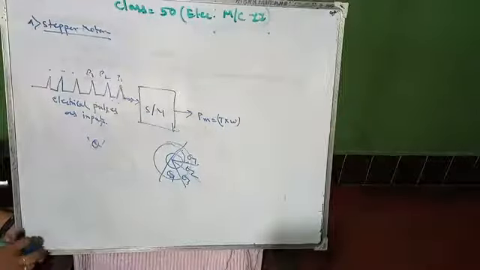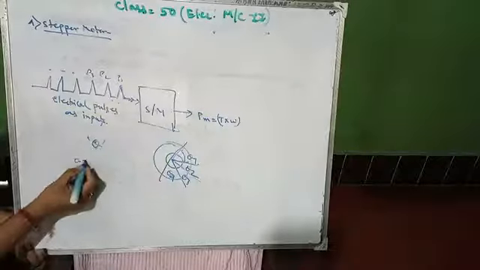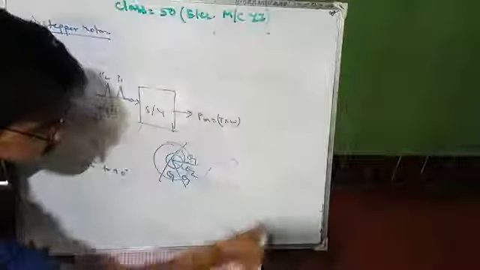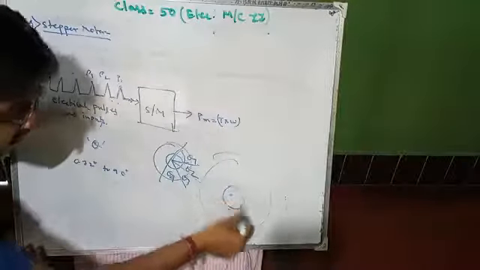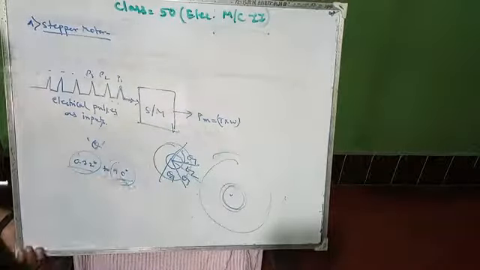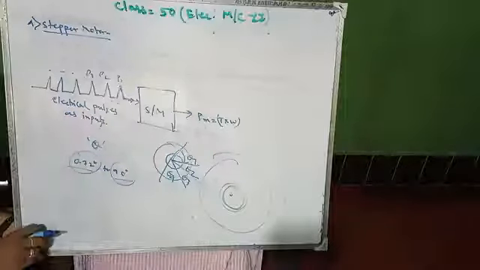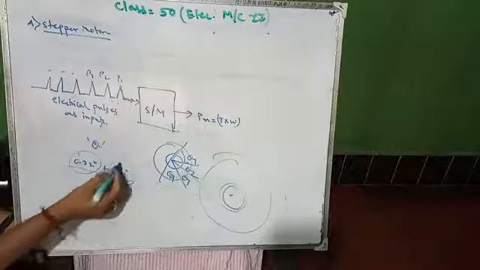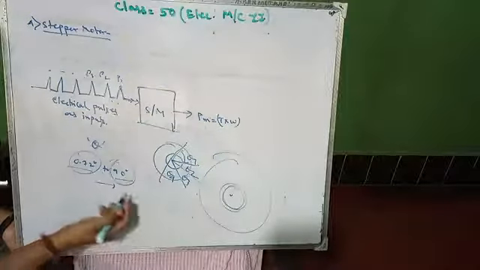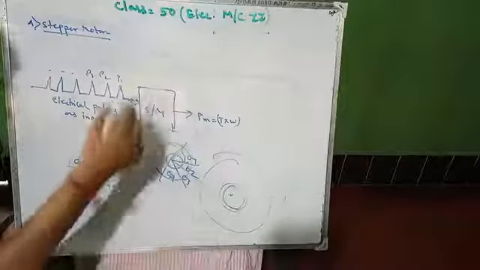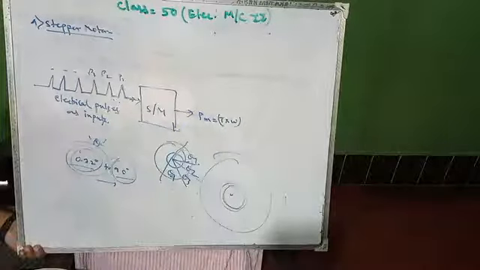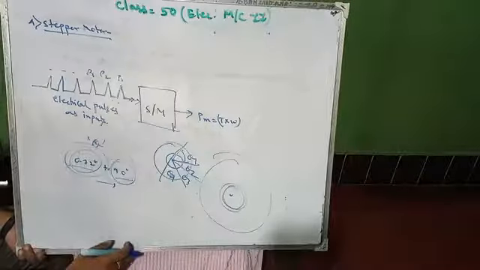Okay, the range of the step size is 0.72 degree to 90 degree. Whatever the size of the rotor, depending on the size of the rotor, this degree, or the step size, is maintained. If the rotor is small, then the angle will approach 90 degree, so the angle is larger. If the rotor is larger, then the angle is smaller. So if the angle is larger, then the rotor will be smaller, and if the rotor is larger, then the angle will be smaller.